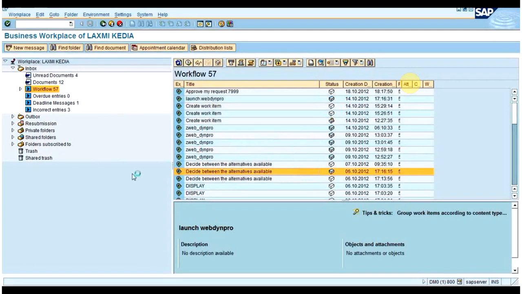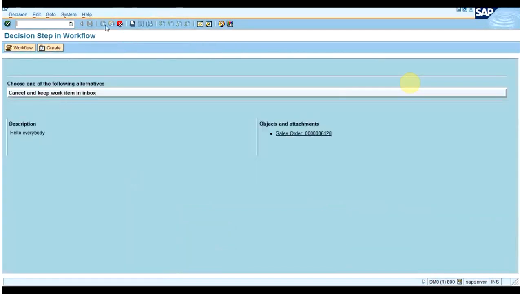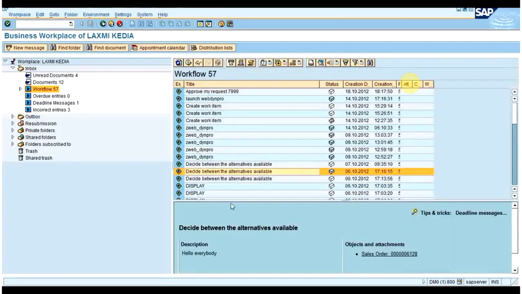First work item ID, that is 937, is the mother work item ID. So whenever a workflow gets executed, one mother work item ID gets generated, and this first work item ID refers to the mother work item ID. Now coming to 960938, this is the child work item ID.